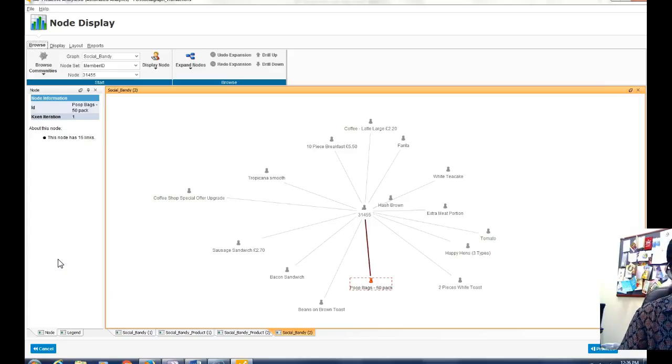So this note has 15 links. The question which is asked of you is that which product does this customer buy that is not part of the same community. Now if you look into this, you will see all are breakfast items other than this one. So basically, you take a screenshot of this and this is your answer.